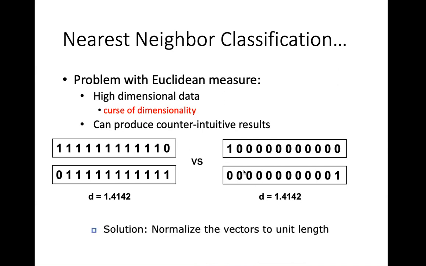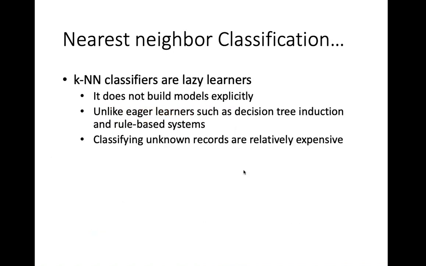Okay. So what is to be done? You can normalize the vectors to be of unit length. So if you divide that by n, you can get a number which is more useful, because everything will then be within the 0 to 1 range, because we are doing normalization. So that will be much useful.